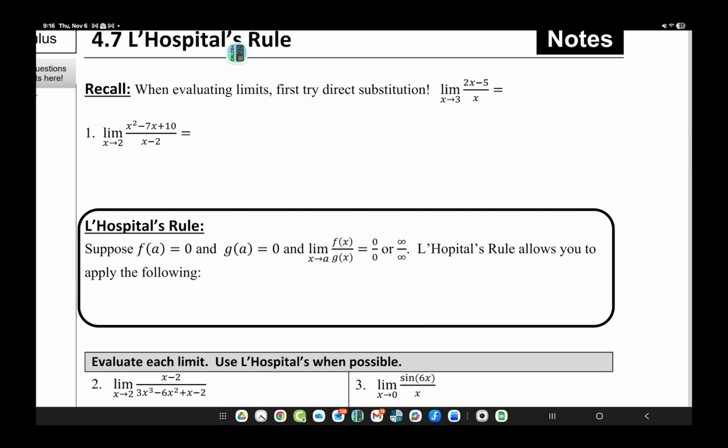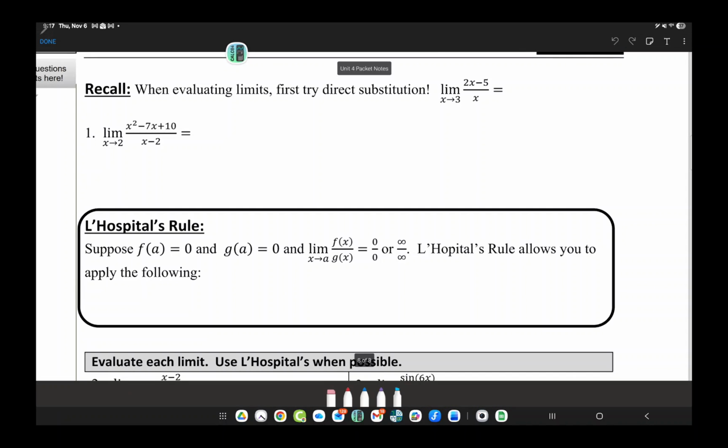All right. L'Hopital's rule. Now, yeah, it's not La Hospital, it's L'Hopital. So, if you remember way back when we did limits, let's say we had the limit as